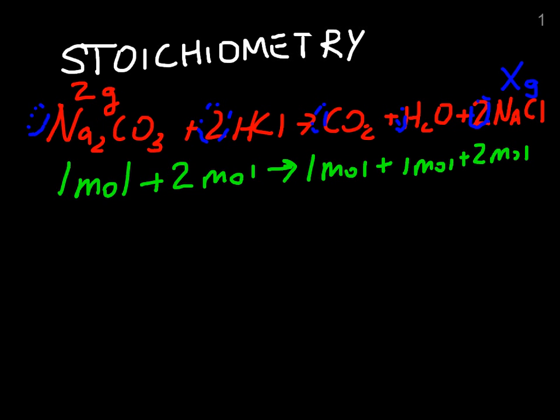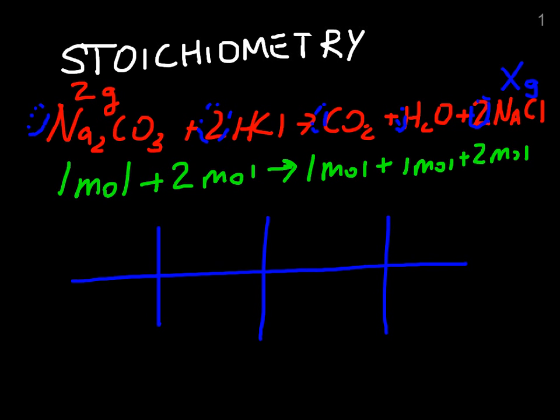But first, I want to solve this problem. The way I'm going to solve it is through dimensional analysis, which is the classic way that a chemist would solve this problem. I want you to try to do it this way too. Along the road, you're going to find other ways you can solve these, which is fine, but initially try it this way. What I want to do is I want to turn this 2 grams right here into moles, because